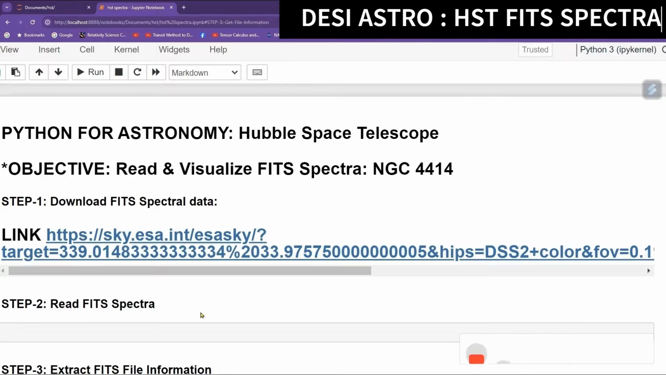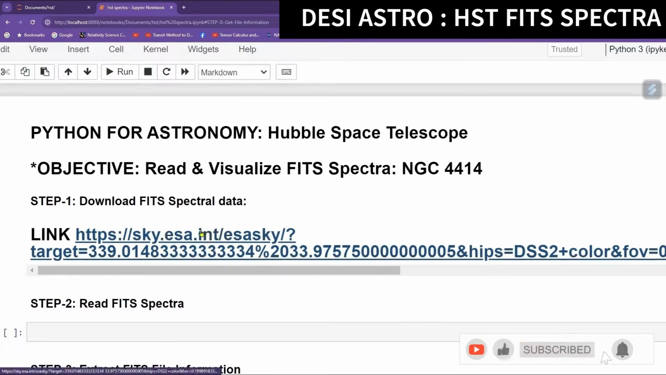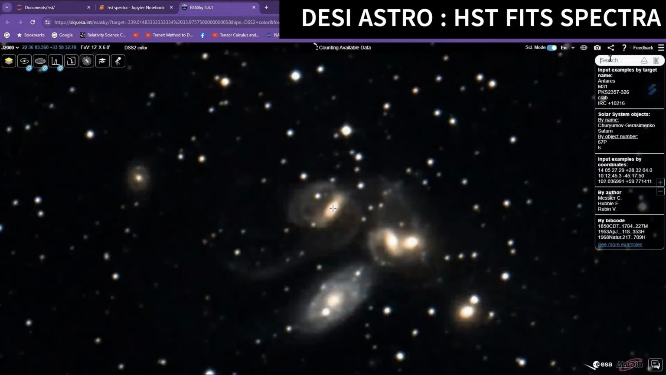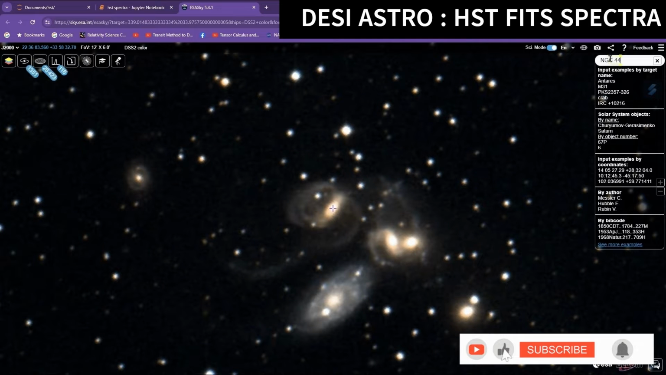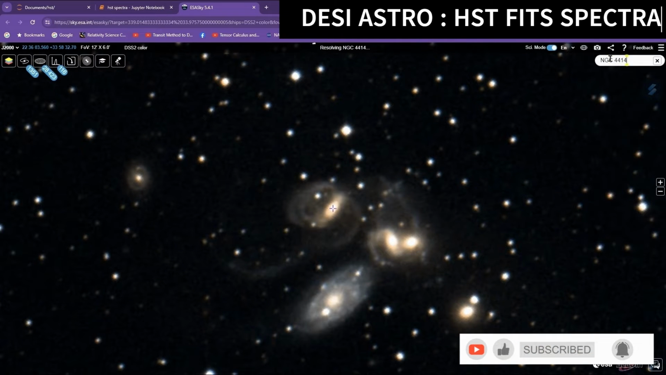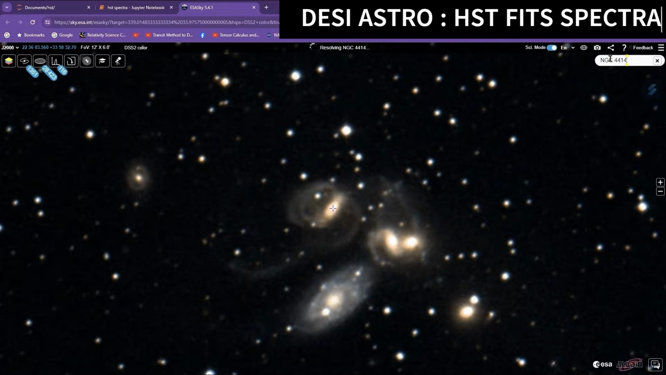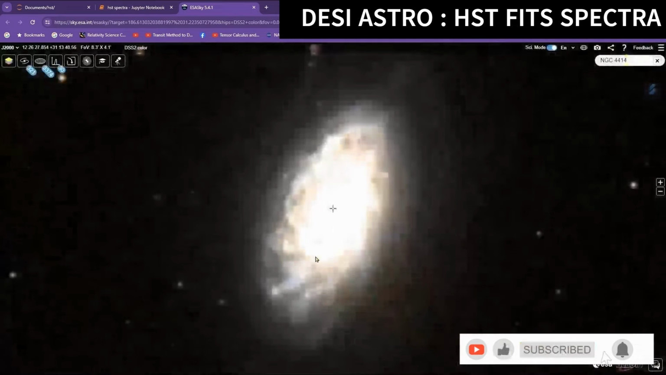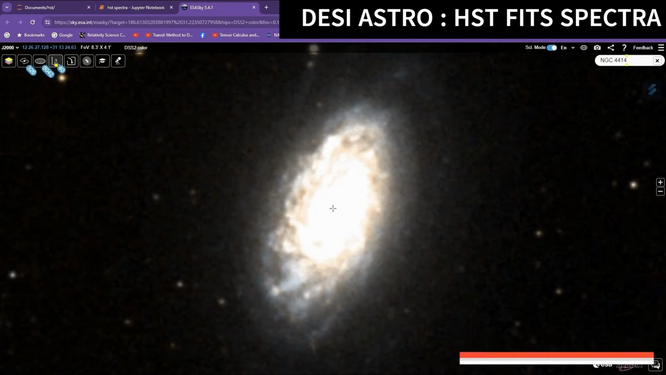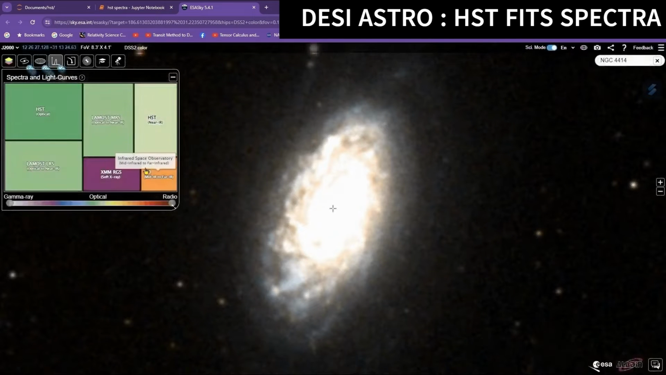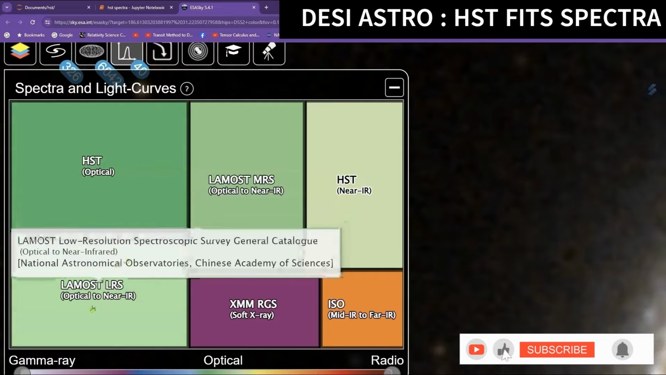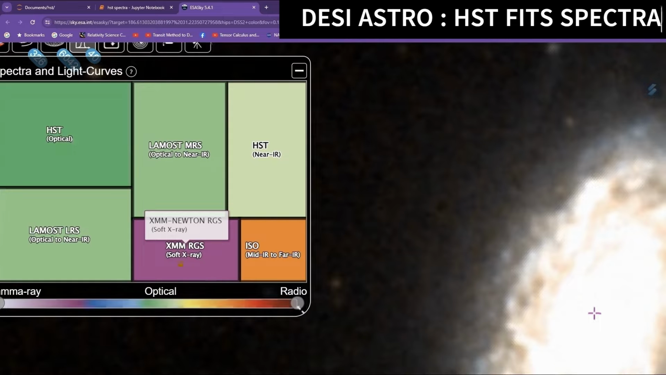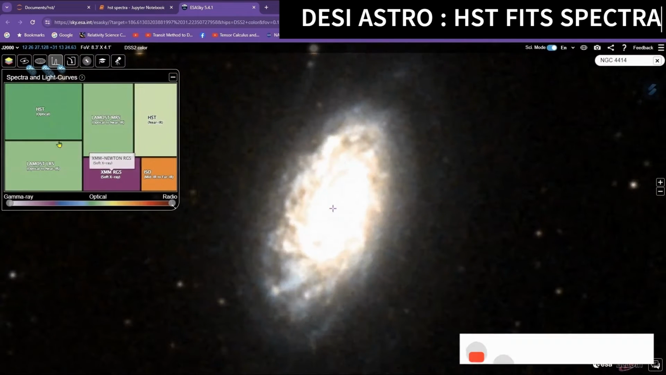Okay, so first I will download the FITS spectra. So I will click on that, and I will type here NGC 4414, and I will run the query. So it's resolving that galaxy, and here you can see that this is the galaxy, and if you go here you can see the spectra. So you can observe here that the spectra contain HST, LAMOST, and other X-ray. So I will go for HST and click on the optical,